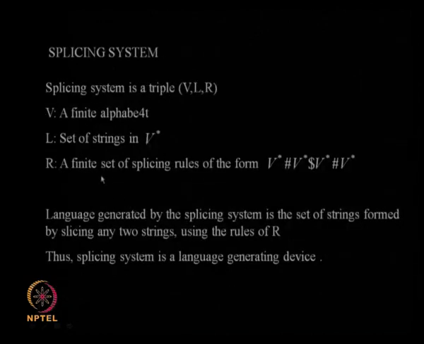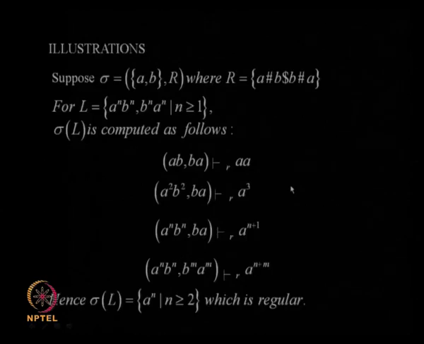That is called an H system, and then you can distinguish between total alphabet and target alphabet and call them extended H systems. So, a splicing system is a triple. V is the alphabet, L is the set of strings with which you start, and R is the set of rules, and they are represented like this. They can be finite or infinite, and we can look at them as regular, context free, etc. With this you generate the language.